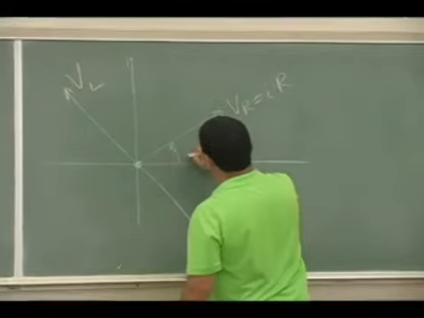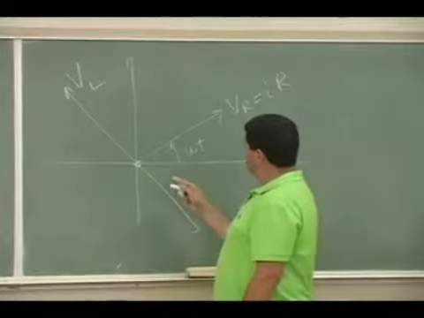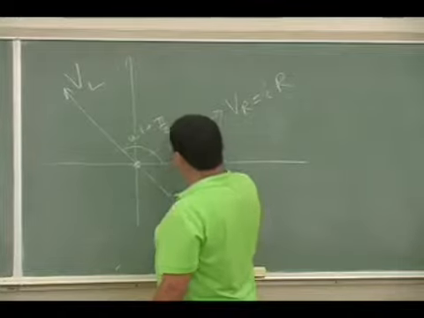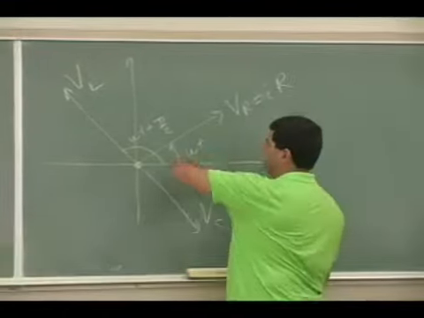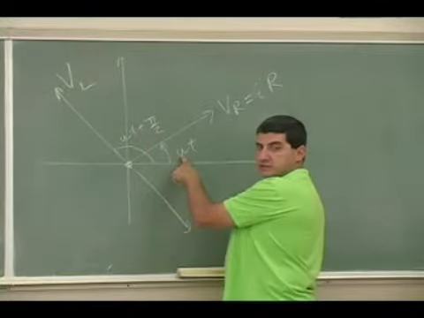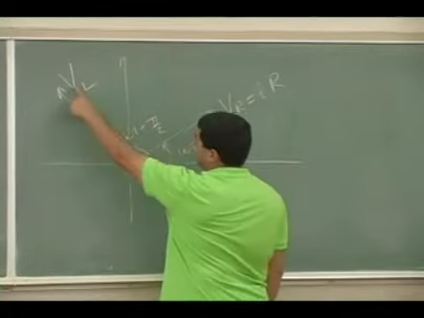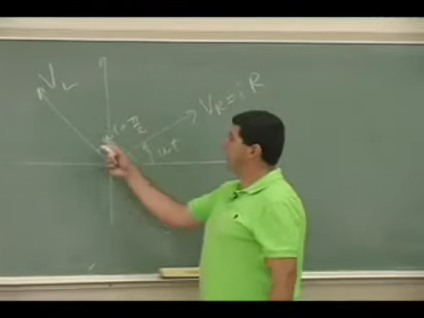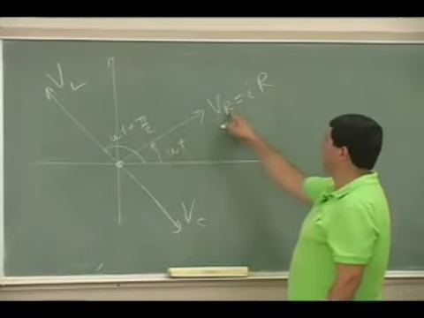So this is, let's say, omega t. And this is omega t plus pi over 2. So basically a phasor is a vector that's rotating, whose angle is changing as a function of time, omega t. And the voltage of the inductor is ahead of the voltage of the resistor by 90 degrees. How do I know that? Well, because the voltage of the resistor